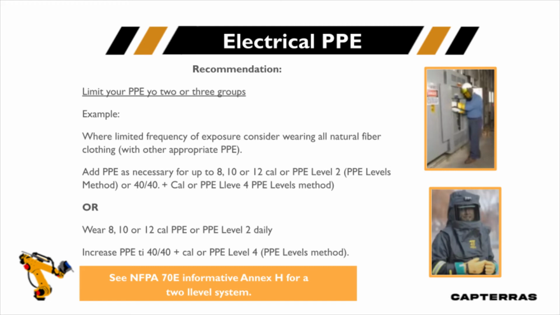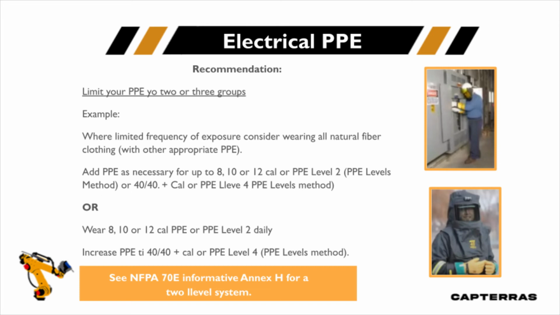In other words, when you're going to open up a cabinet, maybe you put on your 12 cal coveralls and your 12 cal face shield. The reason I mention 12 cal, so you can add up to 8, 10, or 12 cal, is I always want some headroom in the ratings. Why? Because if we look at the standards for face shields, 2178, and the standards for clothing, it's rated at 50% probability of onset of second-degree burn. So you do not want to push your PPE to 100%. So I may take an exposure up to 8 cal and have folks in 10 or maybe even 12 cal gear. So you could add up to an 8, 10, or 12 cal system, or maybe up to level 2 PPE,